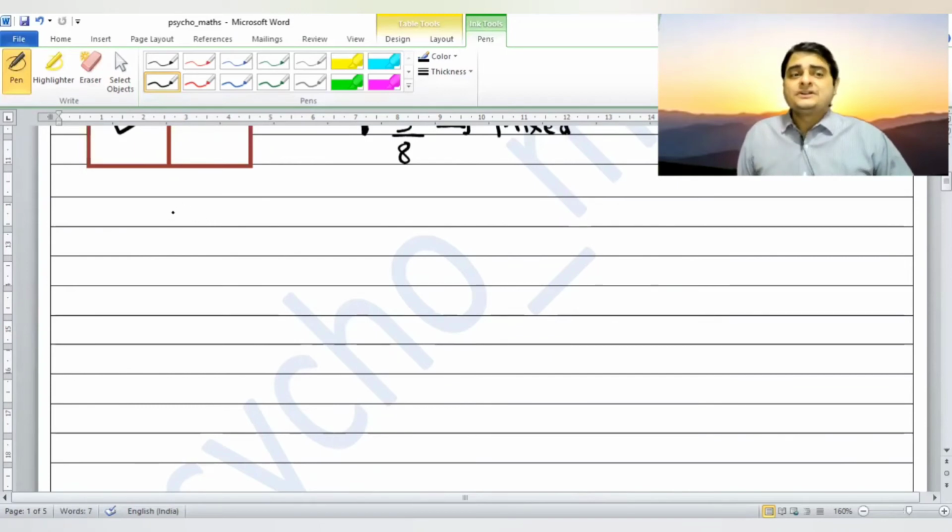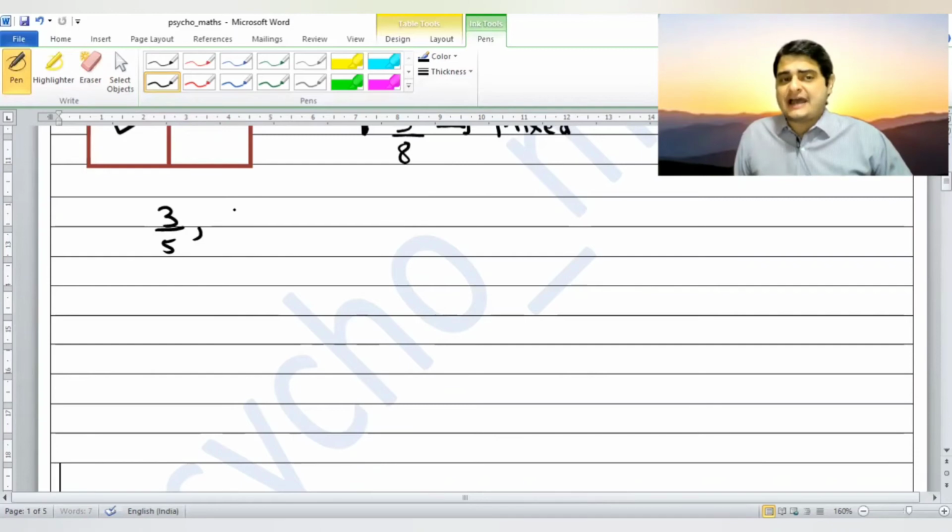Got it? So, suppose I give the fraction 3 upon 5, the fraction 7 upon 6, we take the fraction 11 upon 15, we take the fraction 9 upon